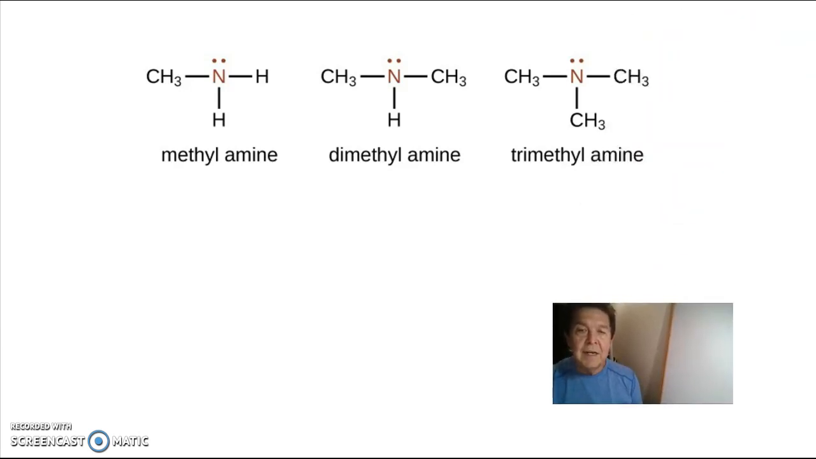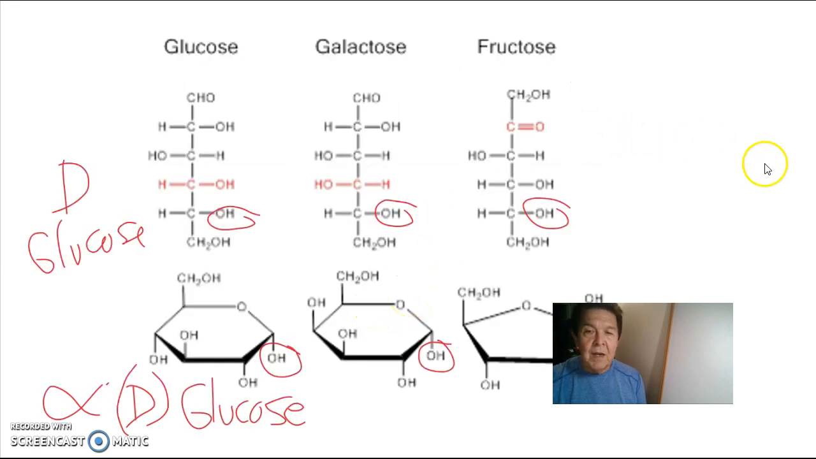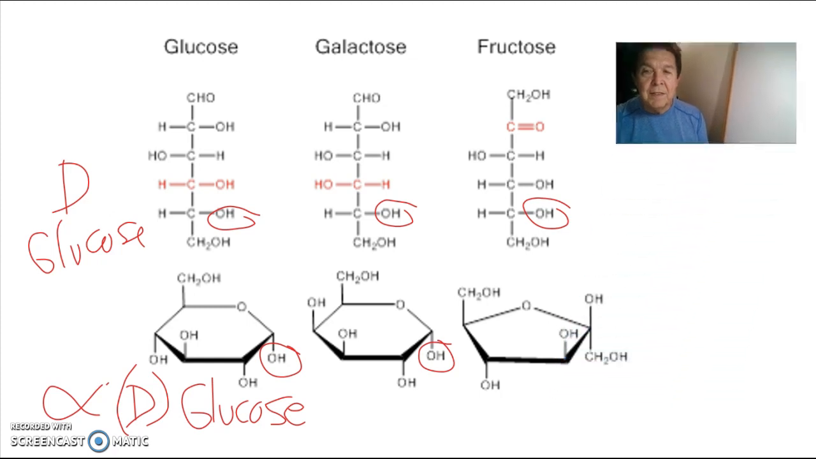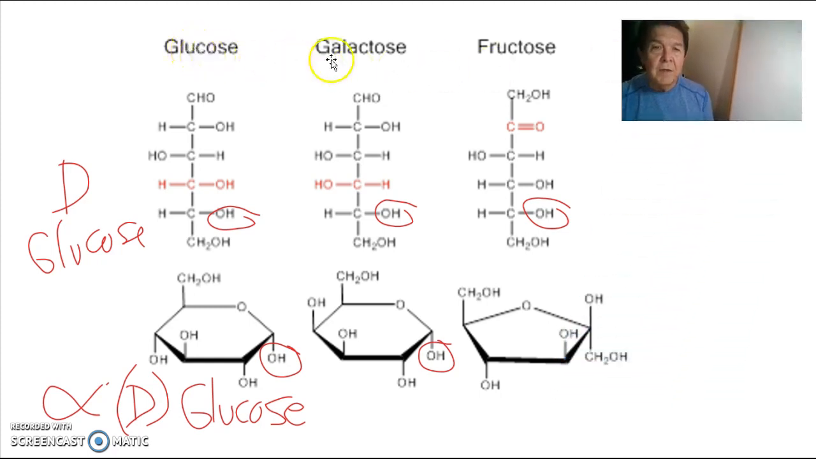The amines are those compounds that contain nitrogen as a center atom, and they can be like this: methylamine, dimethylamine, or trimethylamine, and this is a primary amine, secondary amine, and a tertiary amine. Remember that amines are very important because neurotransmitters are amines. Here we have the monosaccharides, the most important ones: glucose, galactose,